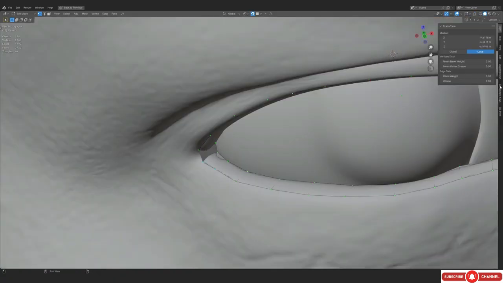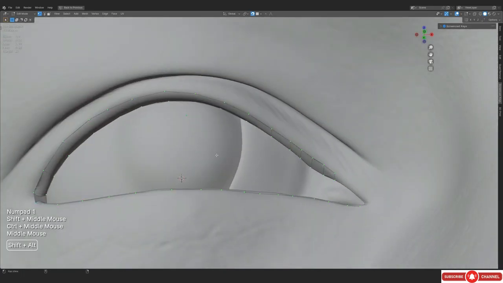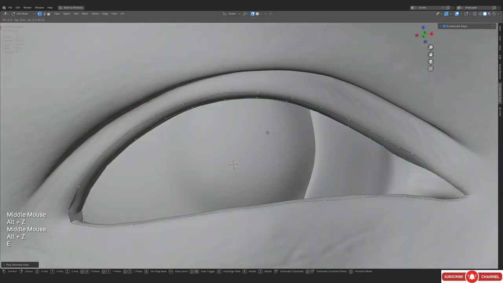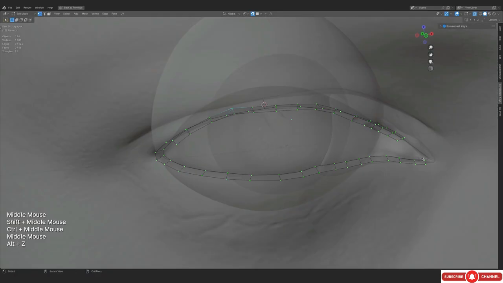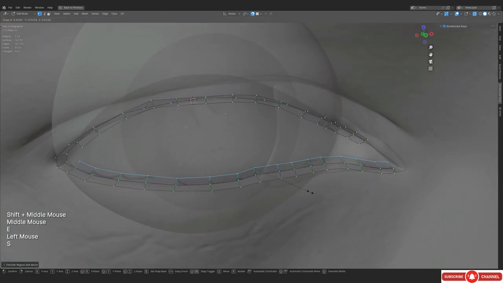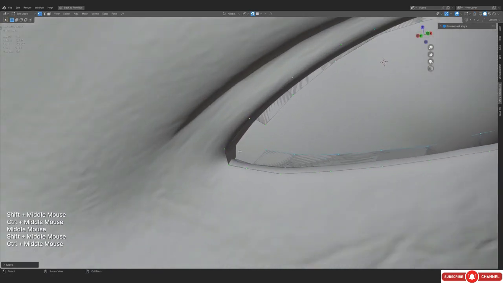Alright, so this is what we have, and if you want to, by the way, you can actually just press Ctrl 2 to add some subdivisions. But now all we need to do is just repeat the same thing, but instead of putting them outwards, we're gonna be pushing them inwards, and you can actually just scale them down a little bit as well, so that you don't have to manually adjust all of them. They are pretty much perfect at this point, and we're gonna be doing the same thing for the bottom area as well. So just scale them down, and this is what we have.